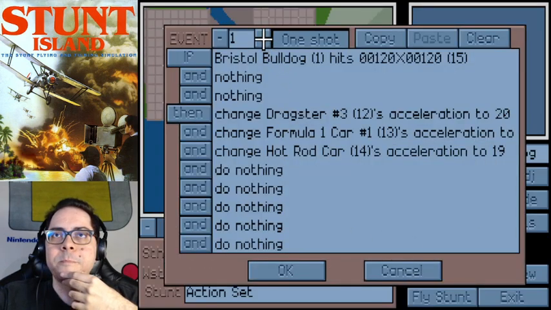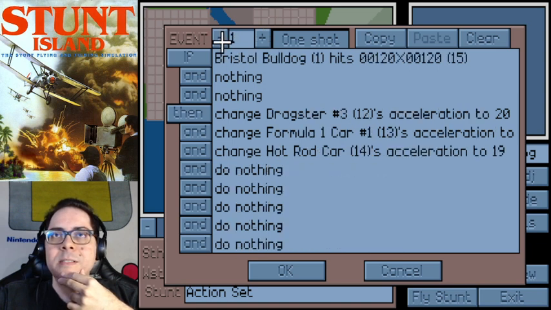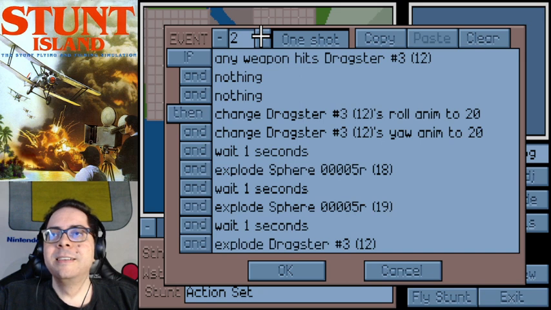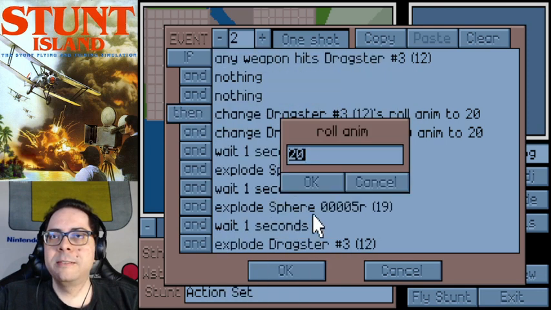Yeah, I don't know why. Maybe if I put it like this and change the camera, maybe that's the problem. Well, it shouldn't be, but okay. Any weapon hits dragster. Okay, the roll animation is too slow, so I'm gonna make it